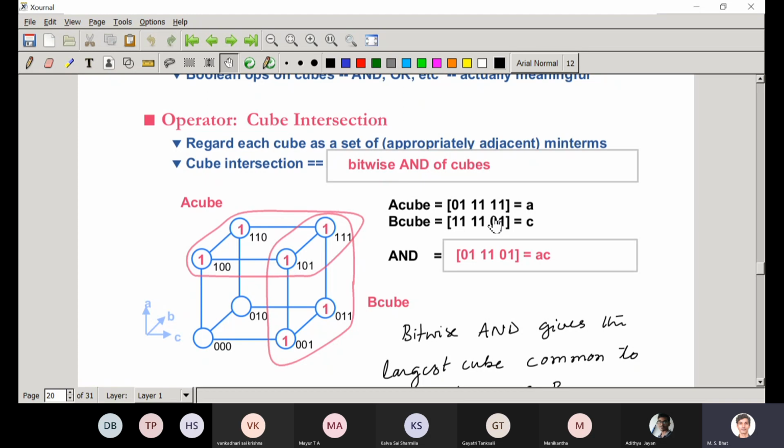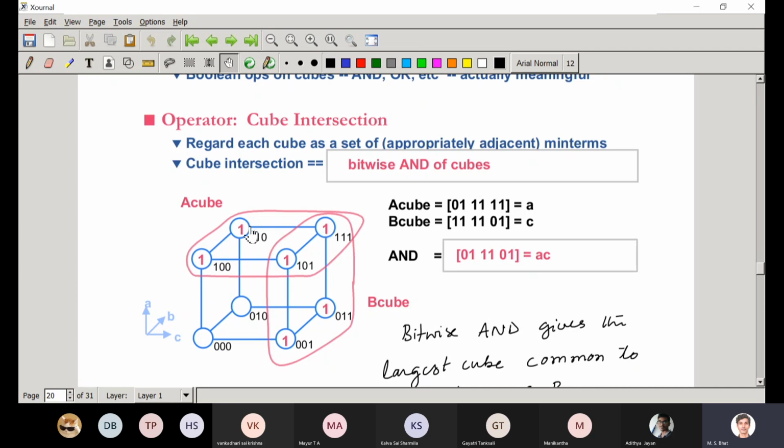So A cube is actually A, that is the top surface of this 3D diagram: 0 1, 1 1, 1 1. That is A. Both B and C get eliminated because whether B and C are 1 or 0, the output of this cube is 1.